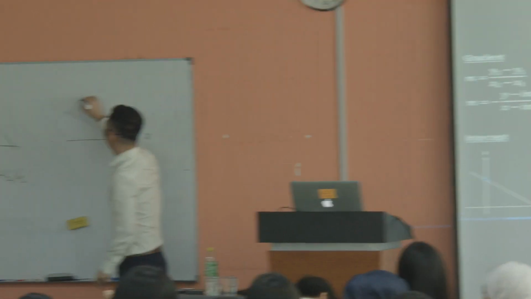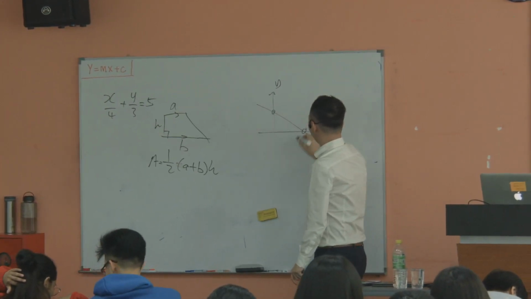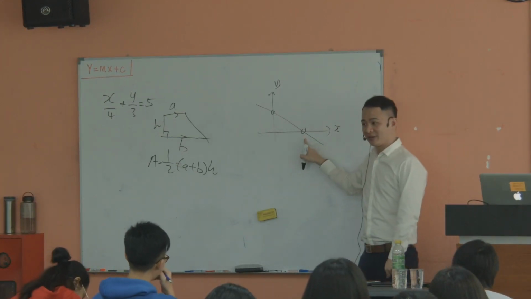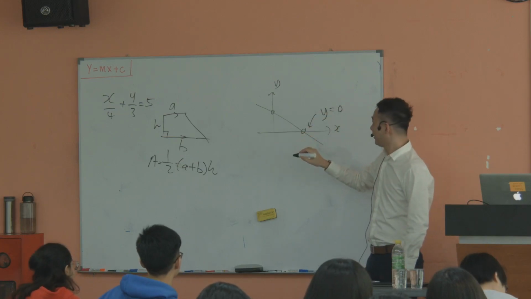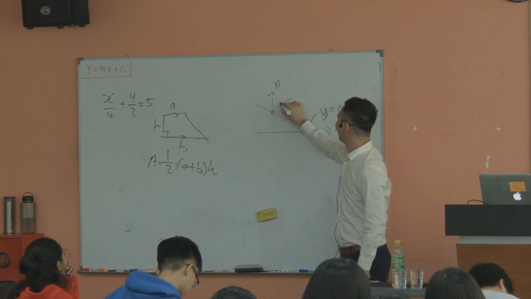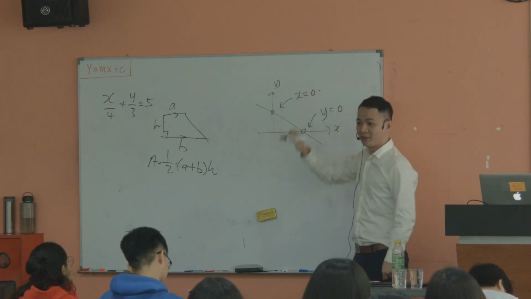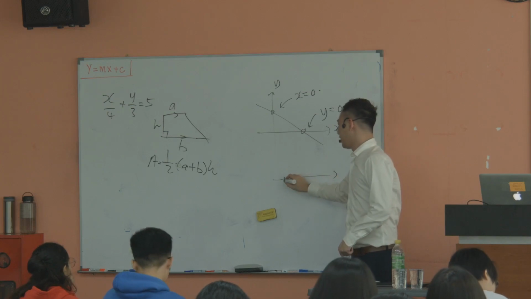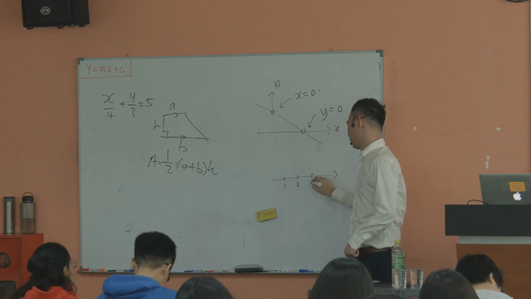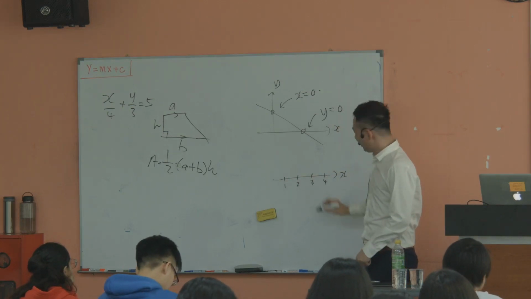This is the x-axis, this is the y-axis. If I want to find the x-intercept, y will always equal 0. Okay? If I want to find the y-intercept, x will equal 0. But why? If you look carefully at the coordinates here, 1, 2, 3, 4, for example,